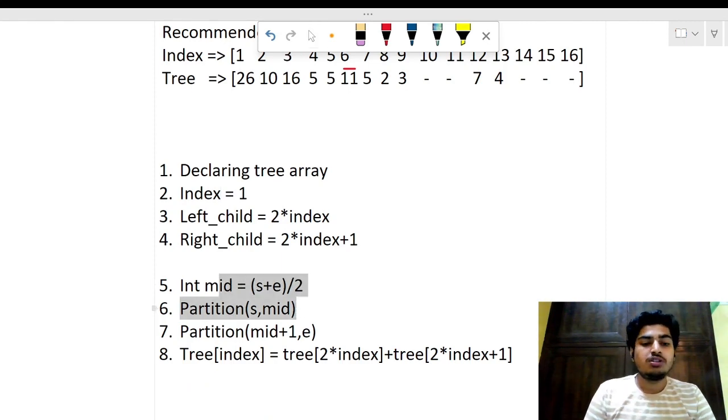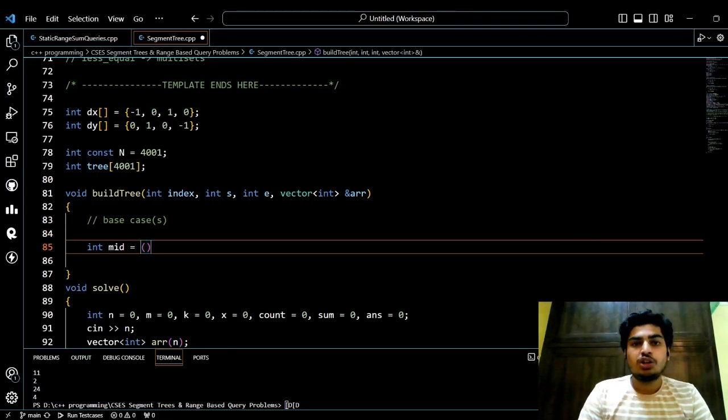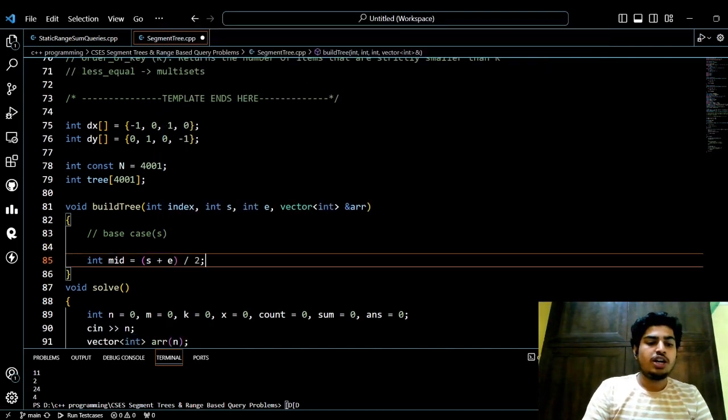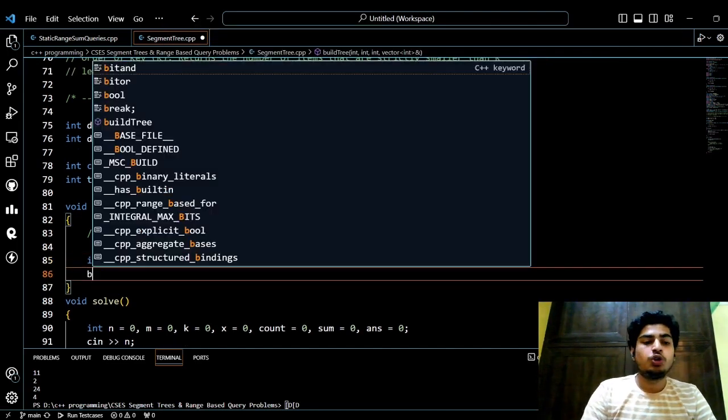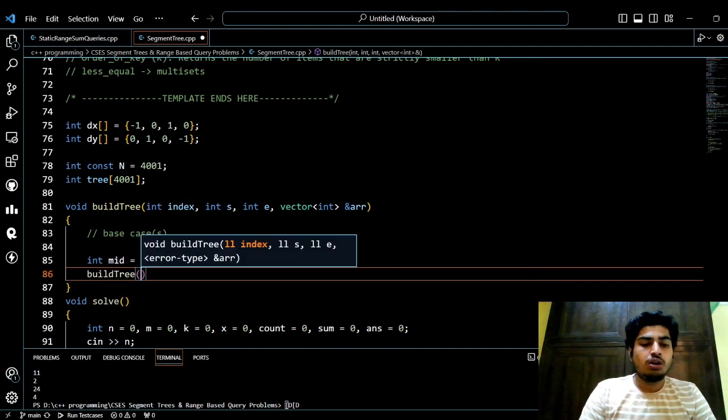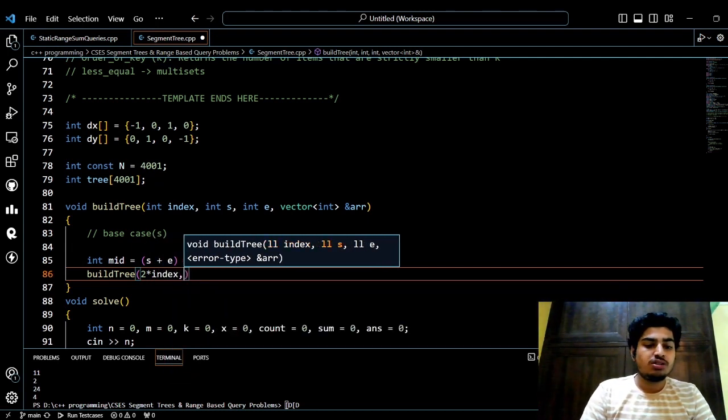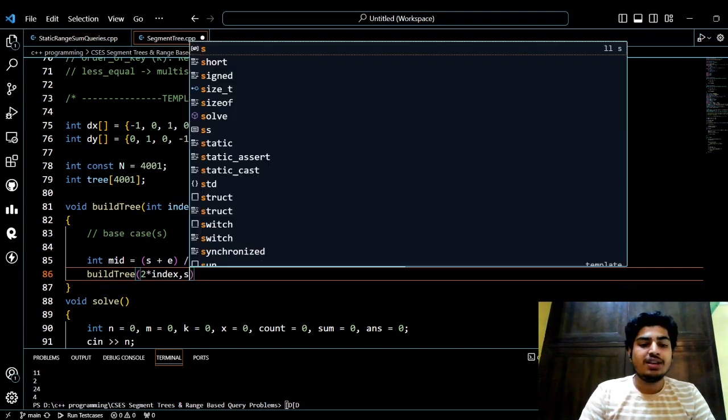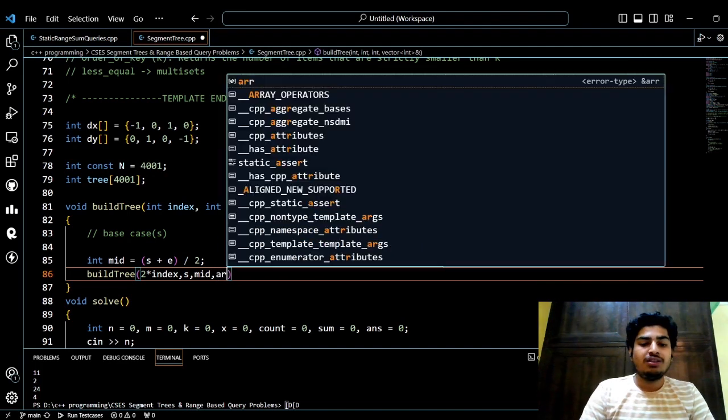Right. So the first step is to divide the array. So first let's take out the middle value, which will be (s plus e) by 2. Right. Now, with this, I'll be dividing it into two parts. So the first will be the left part. So the left segment will be having its child node's index as two times of this index, and then the indices will be s comma mid value, and then we'll just pass